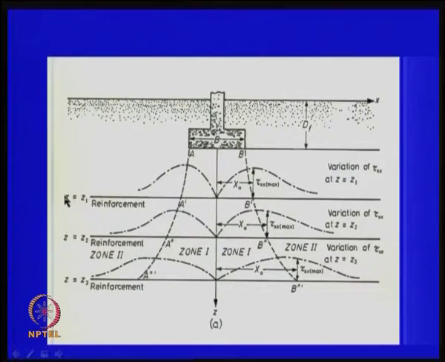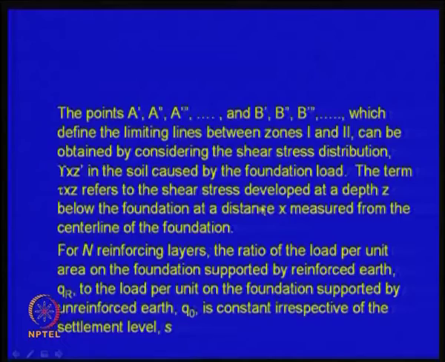What is our objective? Objective is to assume some sort of mechanics that they are valid, like elastic stress distribution is valid, and we try to place a reinforcement at these 3 locations. So, the requirement is that I should find out the spacing of the reinforcement, length of the reinforcement, properties of the reinforcement, like if I am using a geogrid, one type, if I am using a steel reinforcement, one thing. Anything can be used, any member which can take some tension is sufficient here.